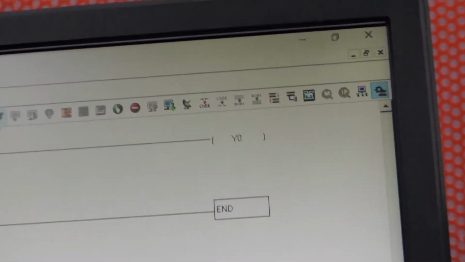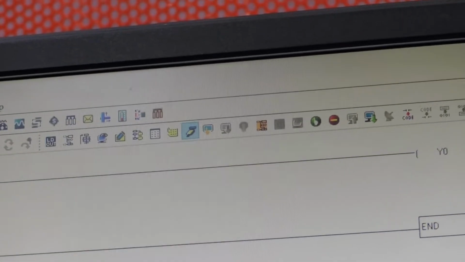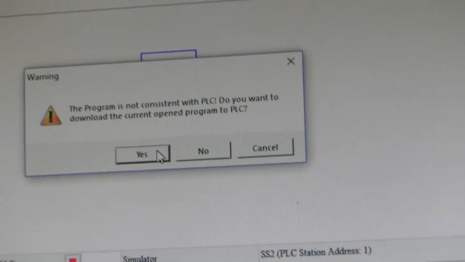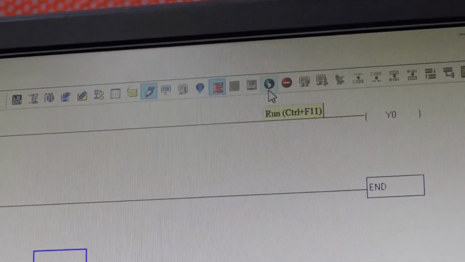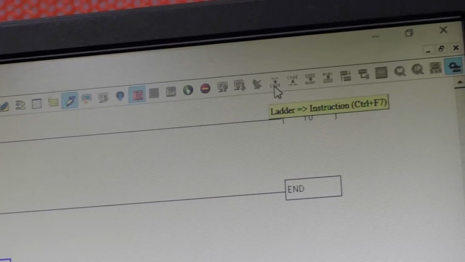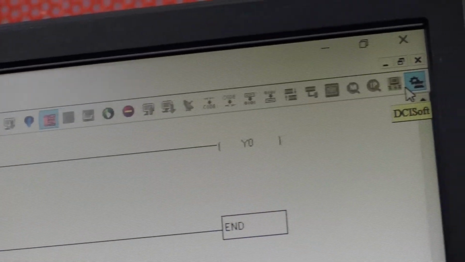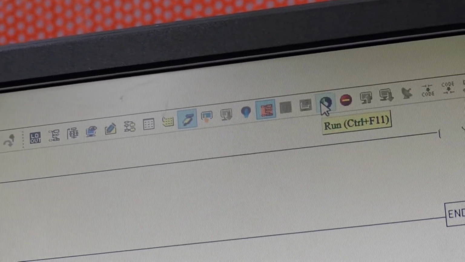Next, you have to select this online mode. The program is not consistent, so you just click yes and then you run the program. This is the option to run now. So what are the steps I performed? First I clicked on compile, then simulator, then online mode, and then finally I'm running the program now.